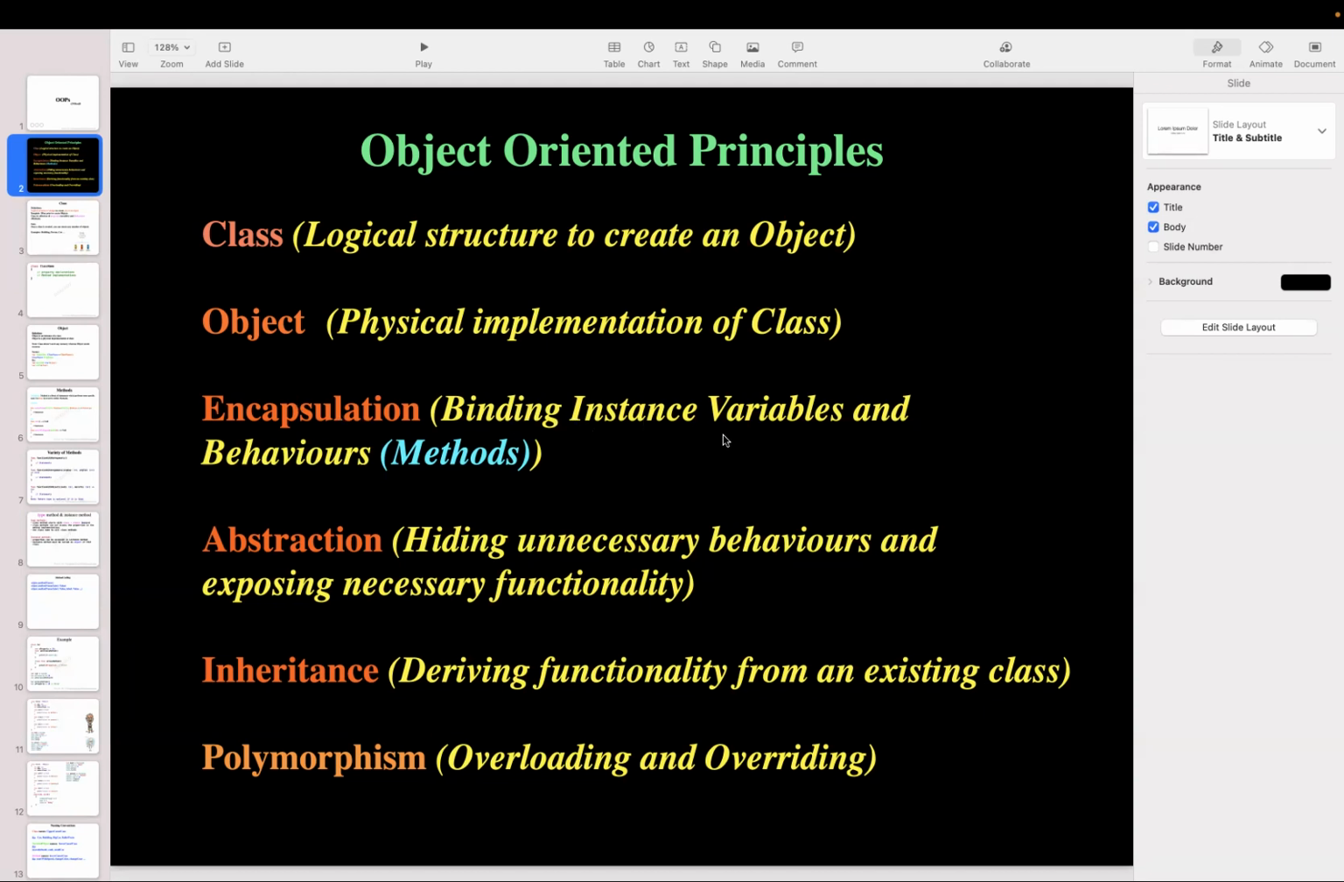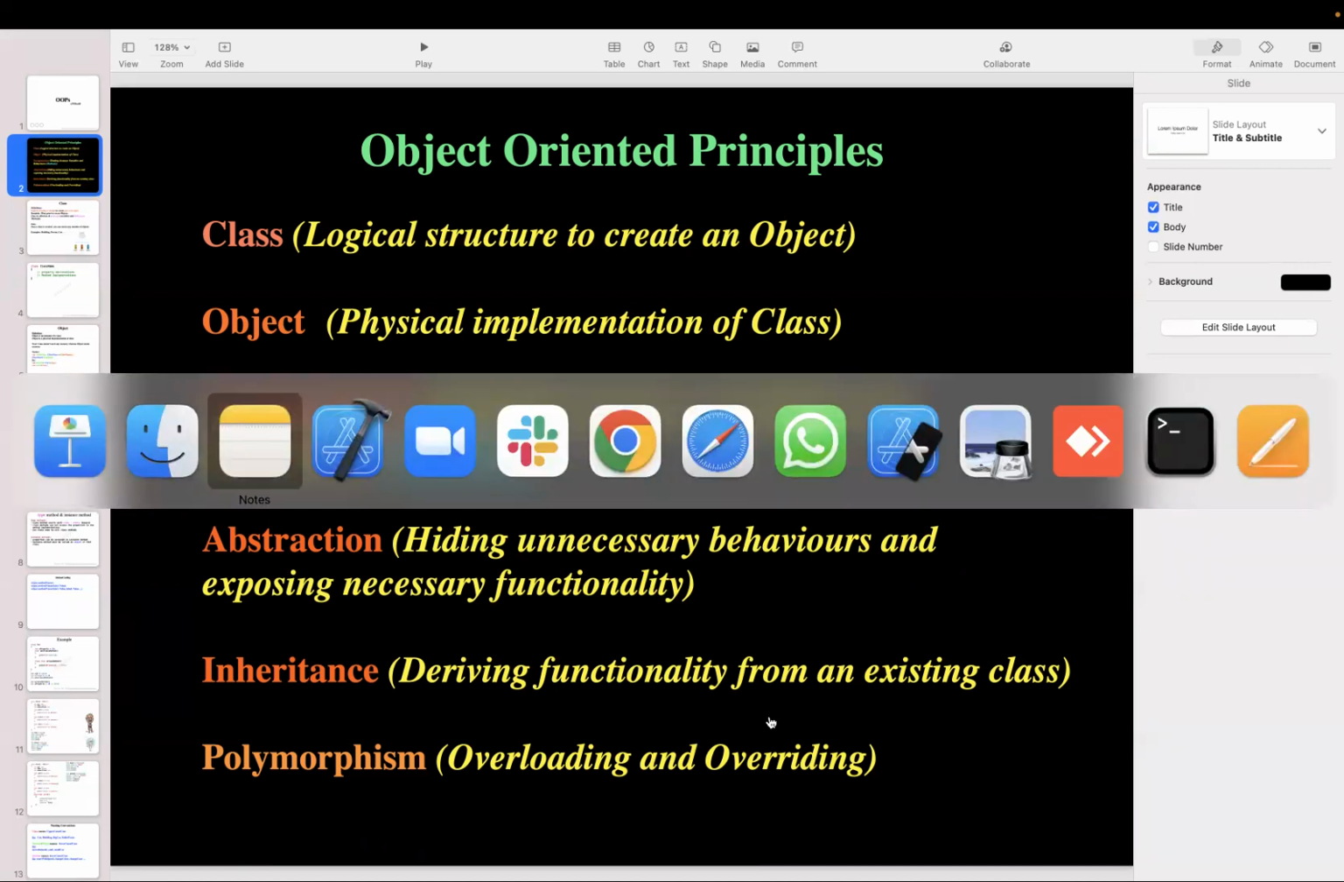Encapsulation is binding instance variables and methods together. Abstraction is hiding unnecessary behavior and exposing necessary functionality. Inheritance is deriving functionality from an existing class. Polymorphism is overloading and overriding. Let me explain. First thing is